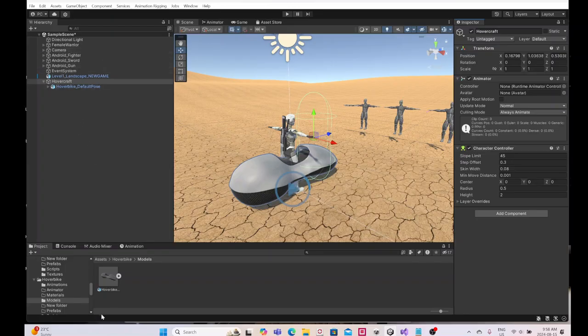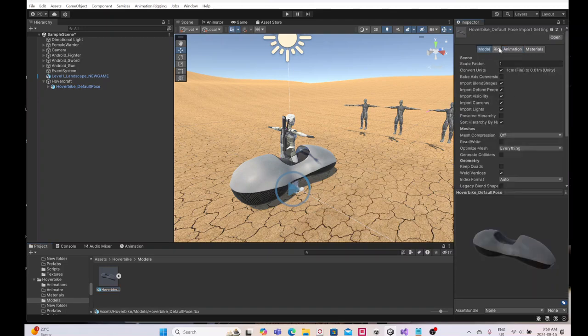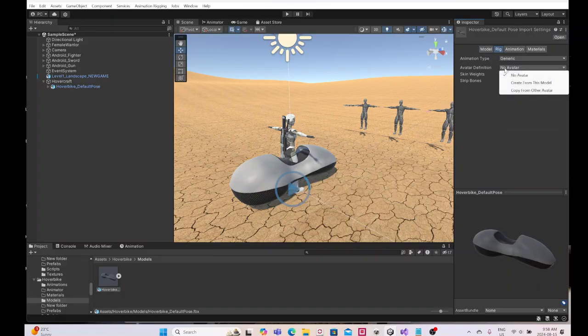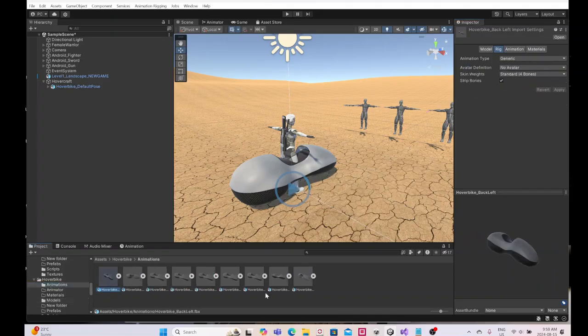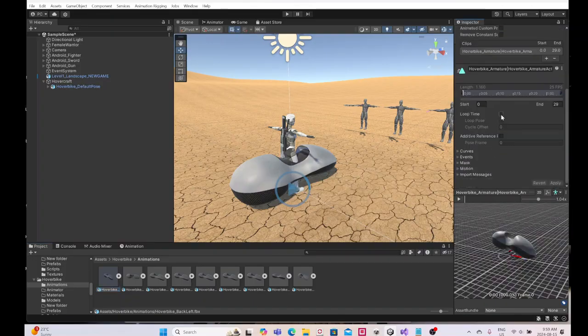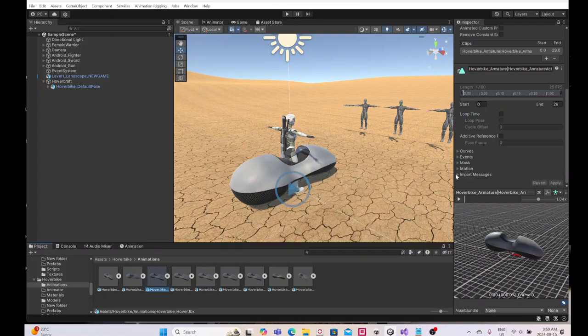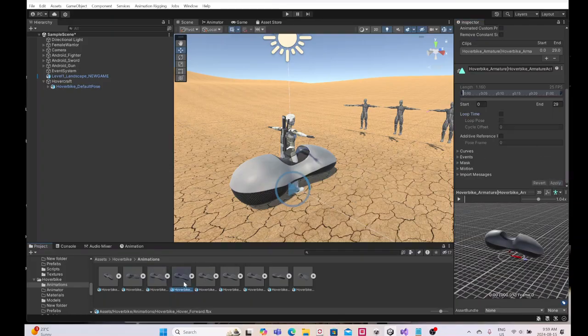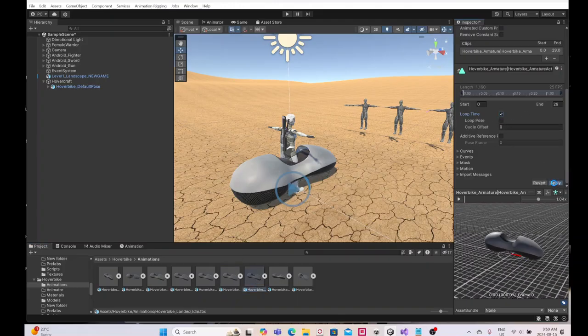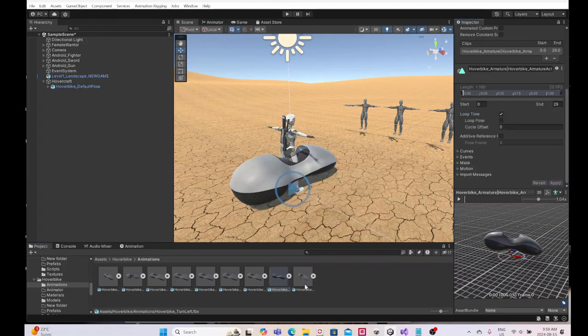So first I need to go here, create avatar from this model, apply, and I need to go into all the animations and apply all the loop times. Okay, with that done,